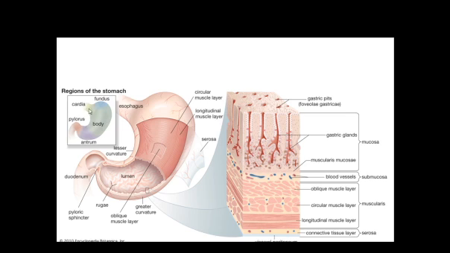Now the part of the stomach which is towards the esophagus is called the cardiac. Now in this region there is the lower esophageal sphincter. Behind this there is a globular structure which is called the fundus. Below it is the body of the stomach, and below the body a small pyramidal area is called the antrum. Antrum ends into the pylorus. Pylorus again has a sphincter which is called the pyloric sphincter.